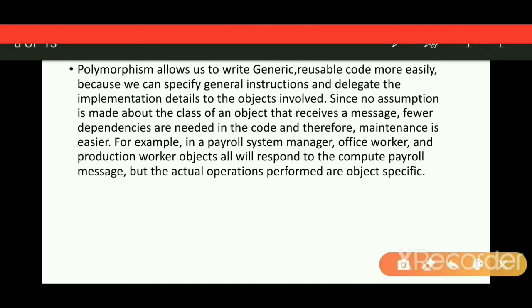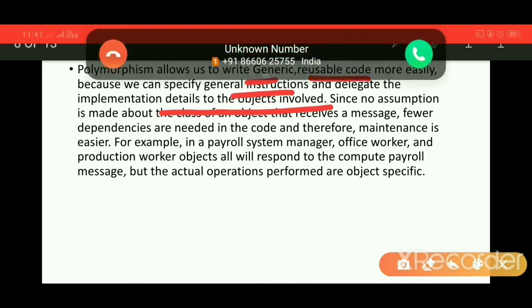Polymorphism allows us to write generic reusable code more easily because we can specify general instructions and delegate the implementation details to the objects involved. We are reusing the code in the drive operation of a car.